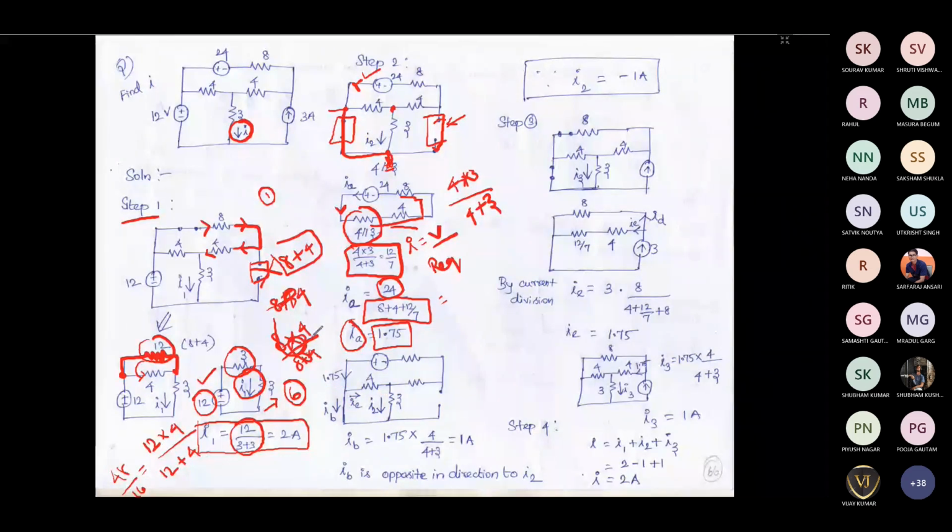Okay, so you have a 4 ohm resistor and a 3 ohm resistor like this. The 1.75 ampere is coming in this way, and it should divide here and here, right? This one is the 4 ohm resistor and this is the 3 ohm resistor. So if you apply current division, how can you apply it? You want to find the current flowing through this 3 ohm resistor. Then this is point X, this is point Y, and this is X.